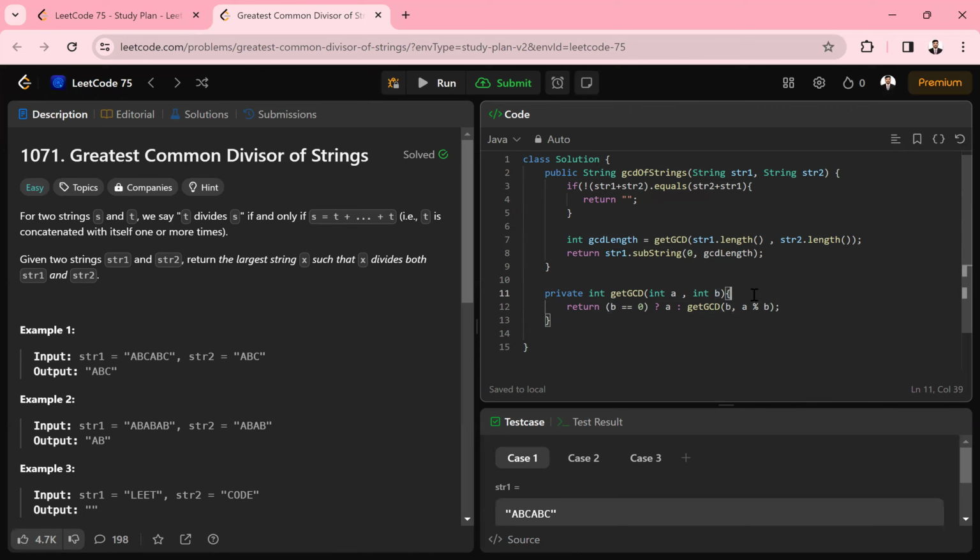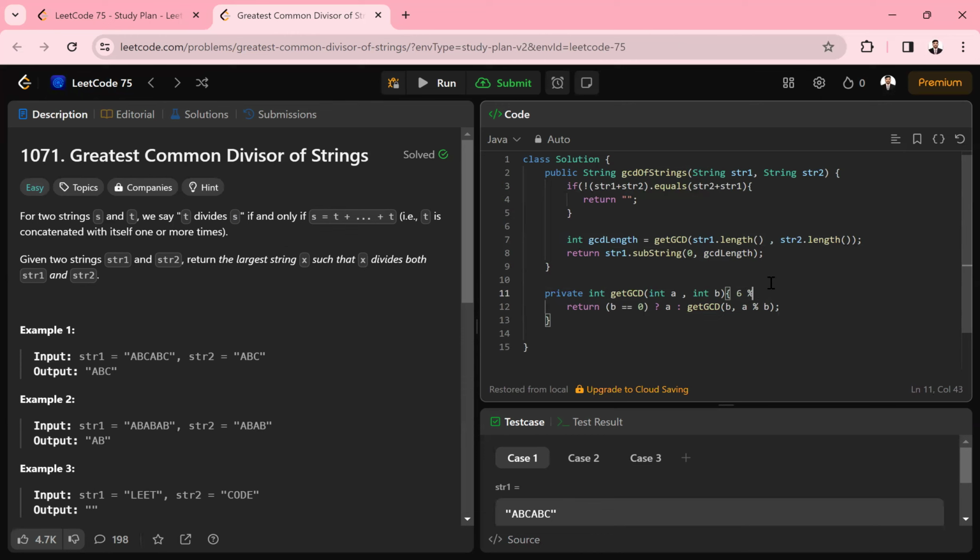So you can see a is 6, b is 3. In this condition it will return 0, right? Sorry, a is 6 and b is 3.